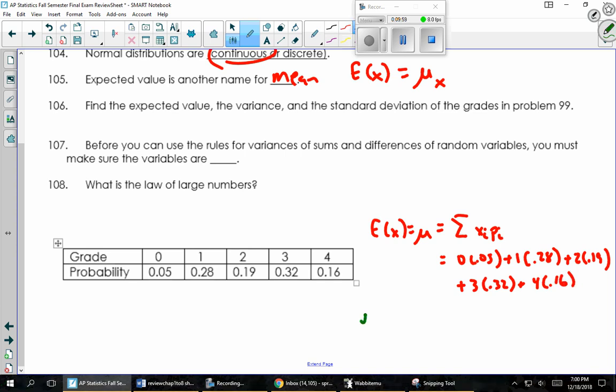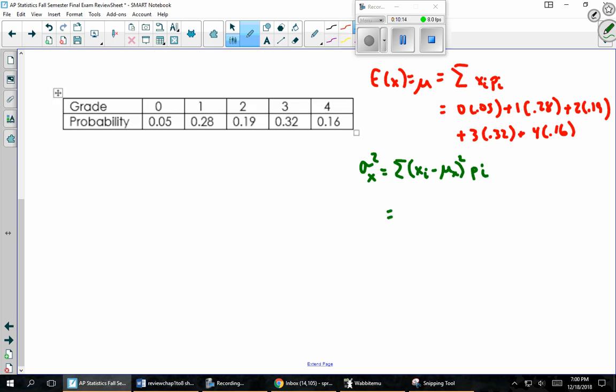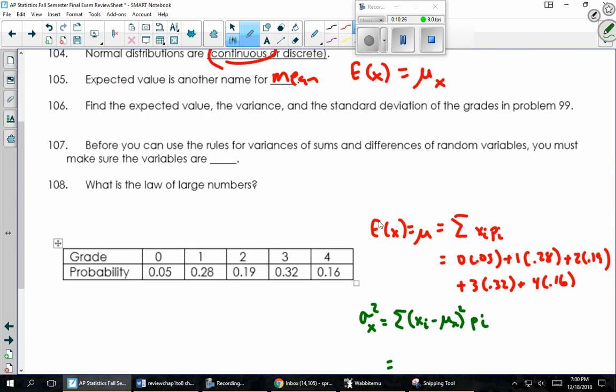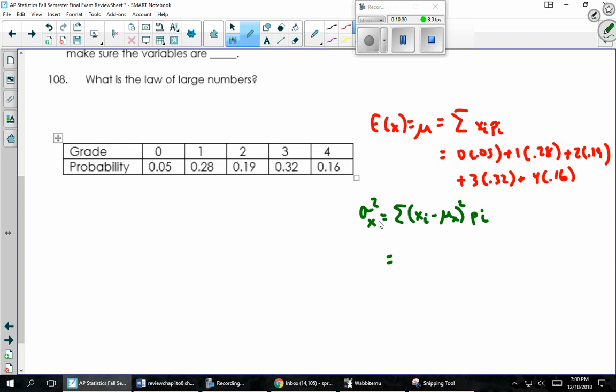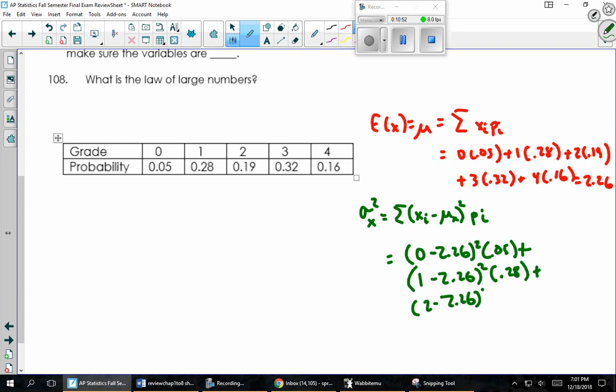To find the variance, the variance of x is the sum of each number minus the mean, that's the thing we just found in red, squared times its probability of happening. So the way that looks is, we'll figure out what that is in red in just a second. In fact, let's see, if I work that out, I get 2.26 is what that works out to be. So I'll write that on there. This is 2.26. So then this in green is going to be 0, that's the first number, minus 2.26 squared times 0.05, plus, I'll draw it underneath it, 1 minus 2.26 squared times 0.28, plus 2 minus 2.26 squared times